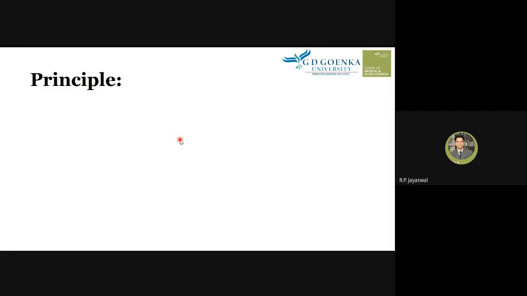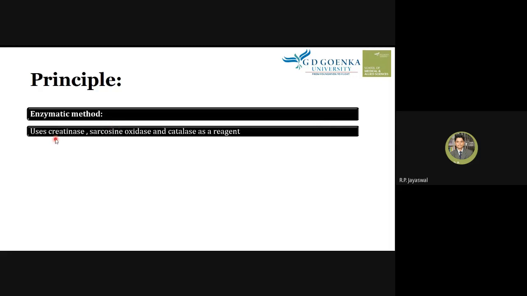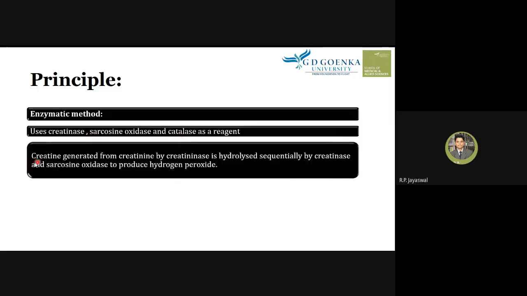The next principle we are going to know is based on the enzymatic method. It uses three enzymes as a reagent: one is creatininase, the second is sarcosine oxidase, and the third one is catalase. So these three enzymes are used as the reagent here. And creatine, which is generated from creatinine by creatininase, is hydrolyzed sequentially by creatinase and sarcosine oxidase to produce